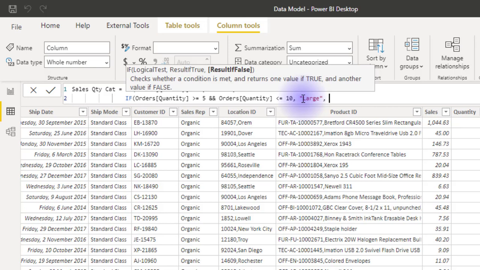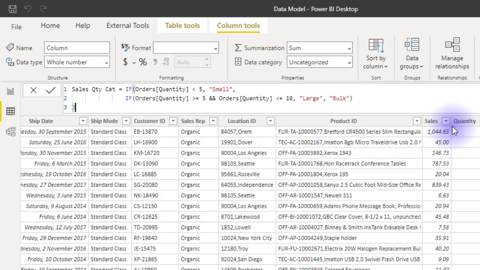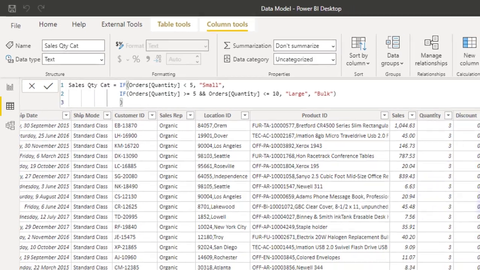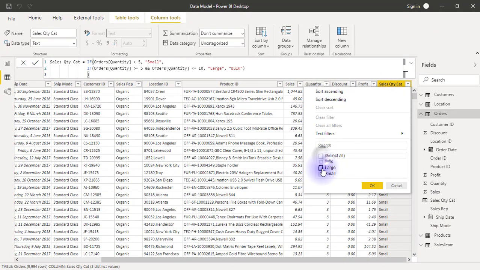So I can just come here and say result if false. If all of those are false, that means they fall in the category of every other thing, and that one I'm calling bulk purchase. Okay, so now I'm going to close my brackets for this first IF. Let me go to the next line and close the bracket for the earlier IF. And when I hit enter, you see that if I click and I filter to small purchase,